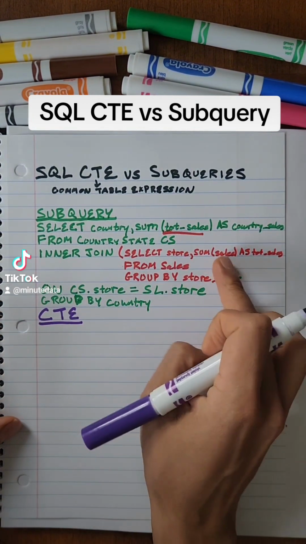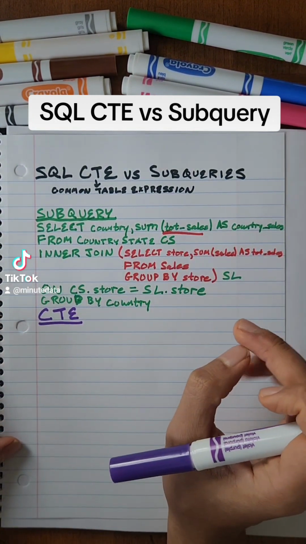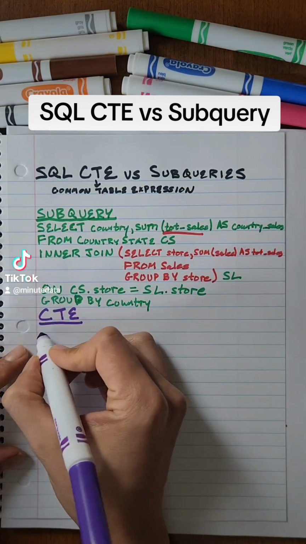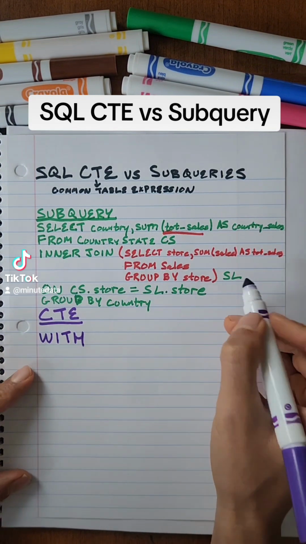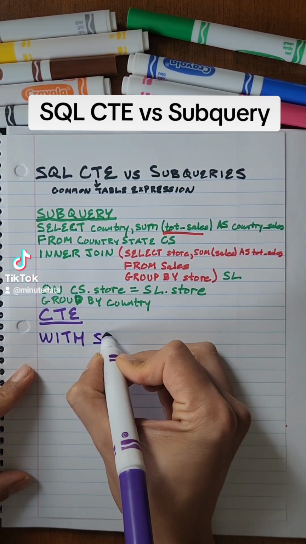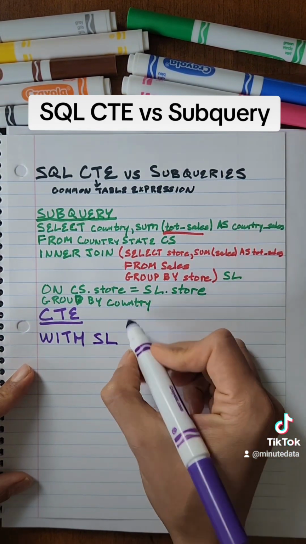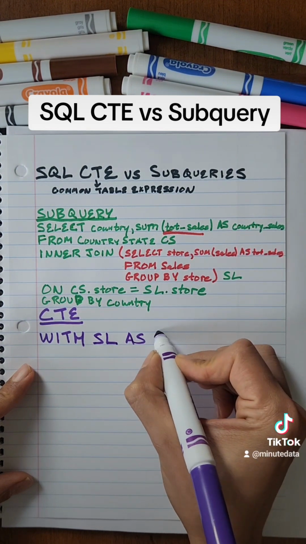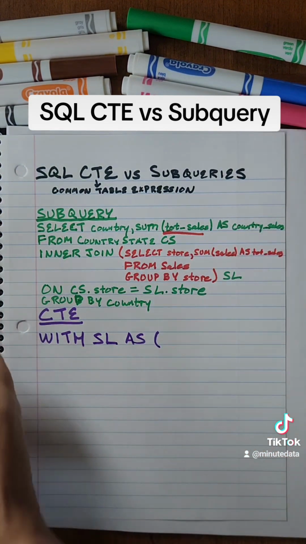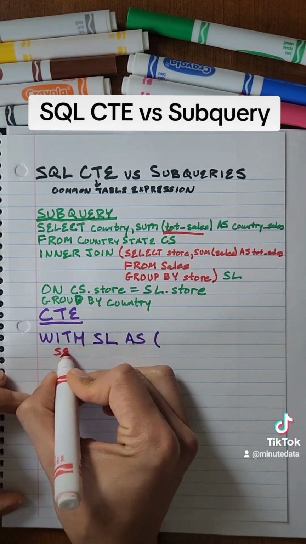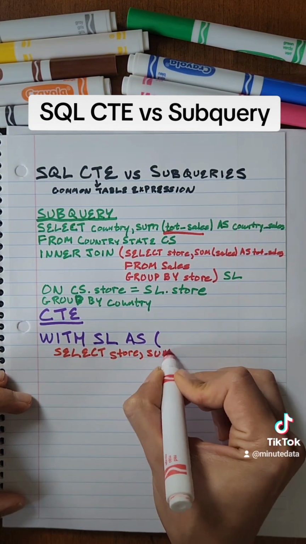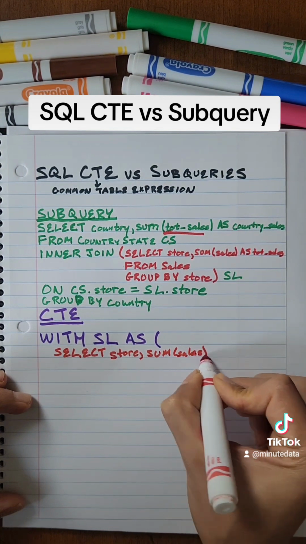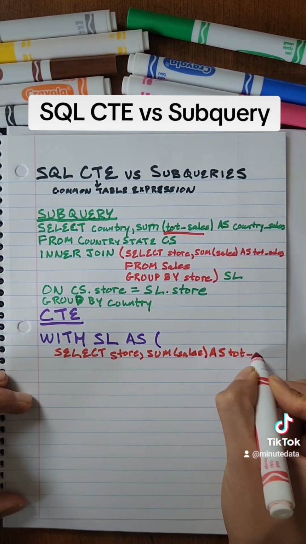So with CTEs, you actually calculate this, but store it as a sort of temporary table or a common table expression. So in this case, the syntax for CTEs is going to be WITH, and let's call this SL for sales level. And what is SL going to be? It's going to be this subquery. So it's going to be literally everything we had before in red, which is going to be store, sum of sales, as total sales,